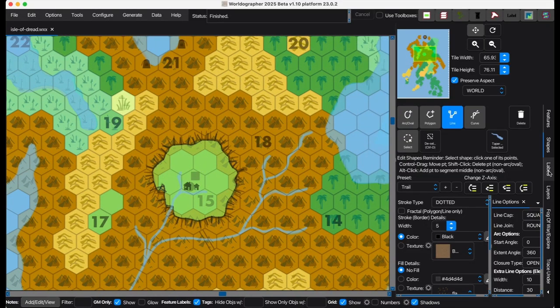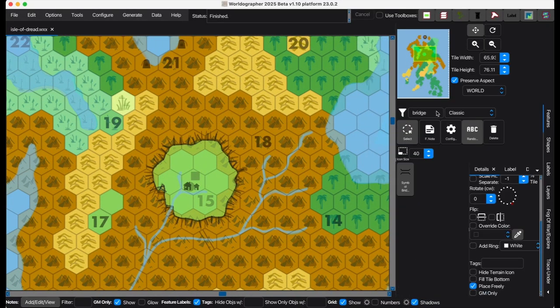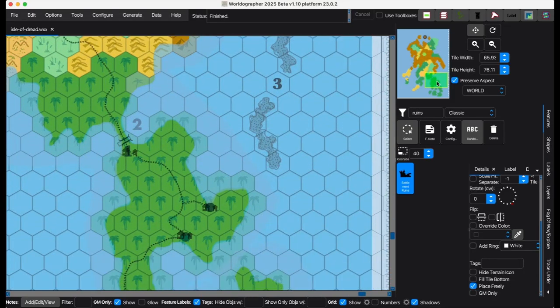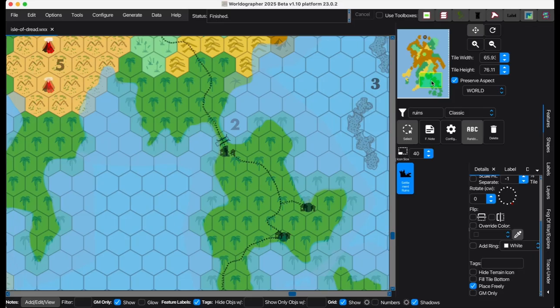So we're going to go to our features again and find ruins. And this is our settlement ruins. So we can just set that up there. And then we can look at what these other things are. So what is 2, and does it warrant an icon? And this is the GM's map, so we could, in fact,